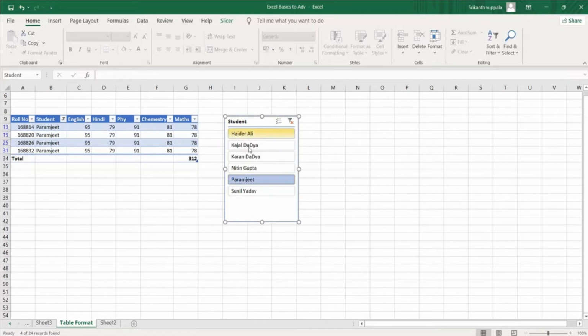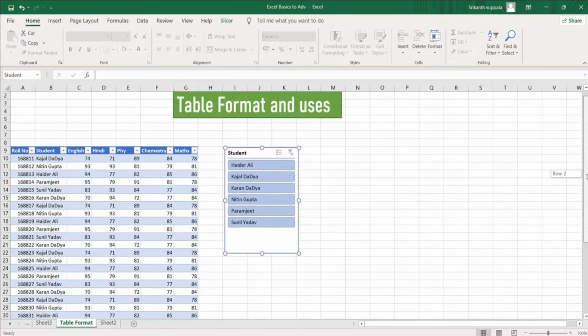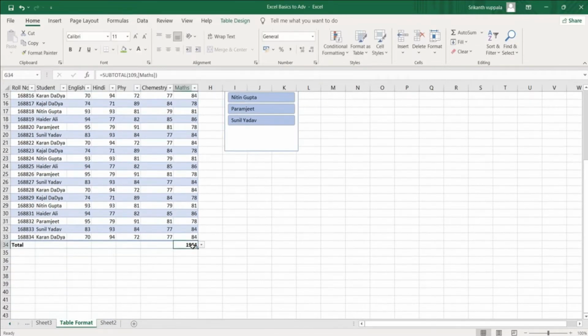If I want to remove all the filters, here you see option here, click on close, all filters will be removed. Okay, so one more option, you see a value here. This is the total column of this max. Okay, if you hit this drop down, you can see n number of formulas.